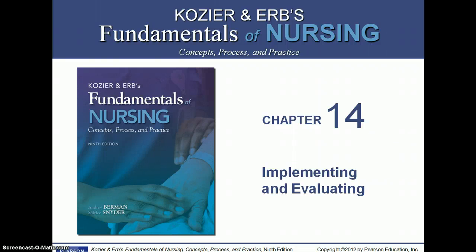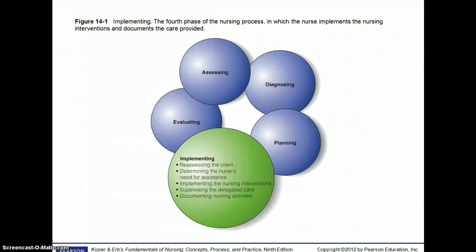This is Miss Gray doing the exercise or lecture on Chapter 14, Implementing and Evaluating. Implementing is the fourth phase of the nursing process. It involves these 5 steps that are testable: reassessing the patient, determining the nurse's need for assistance, being that when